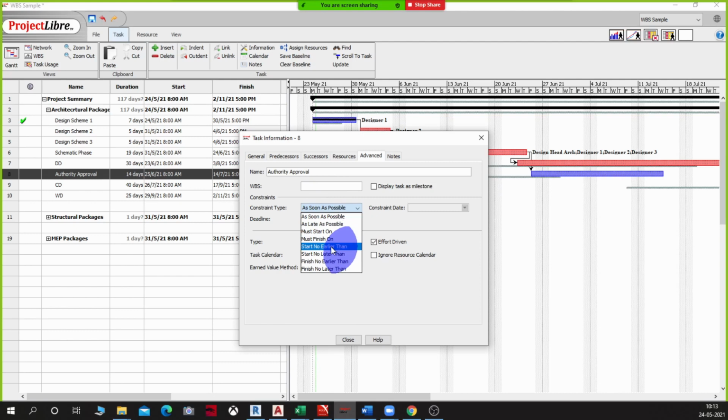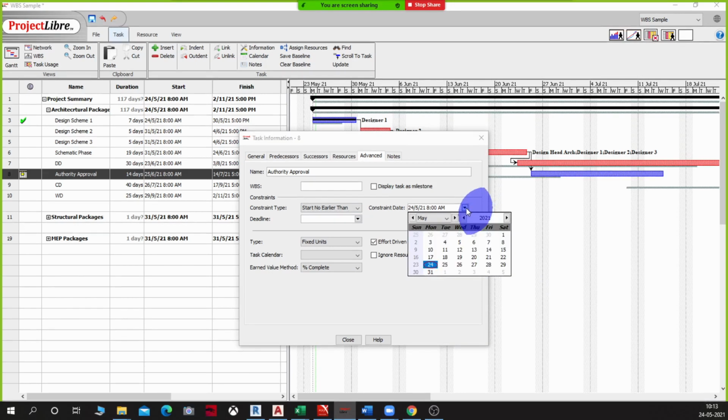That's because the authorities will be available for approvals only on that date. Okay, so I'll say start no earlier than, and I'm going to give it a date now. I will make it start on, let's say, 1st of July.